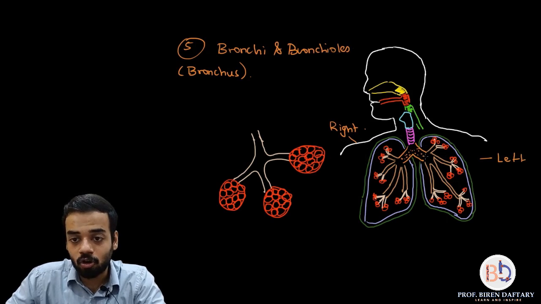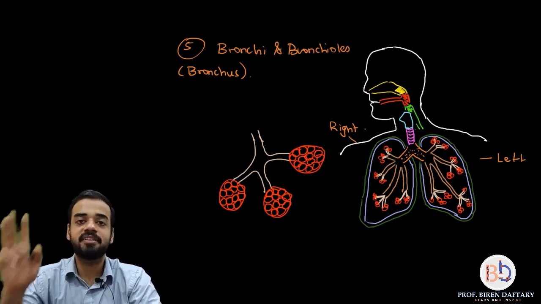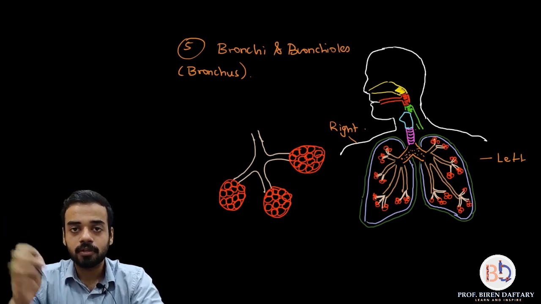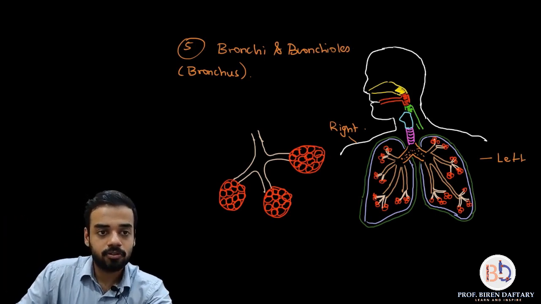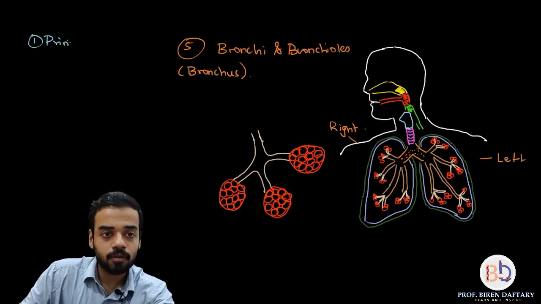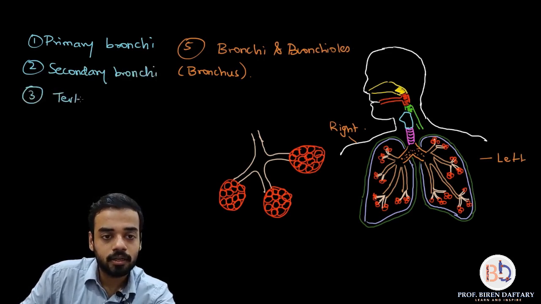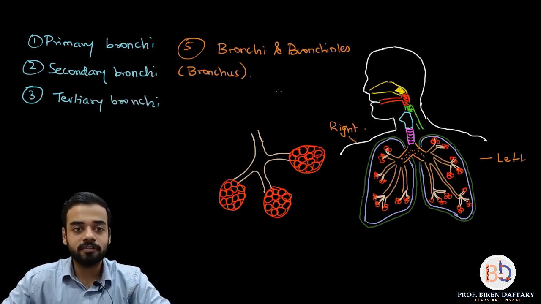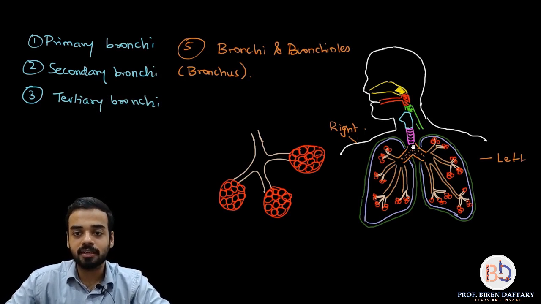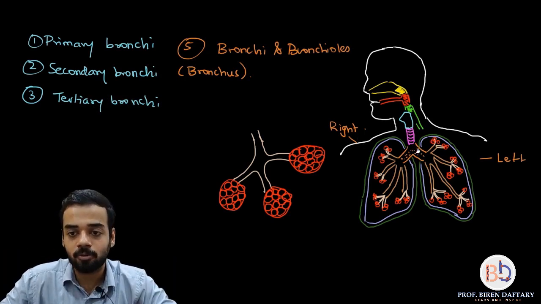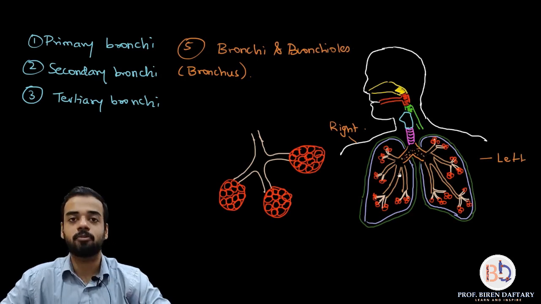So this orange part. Now bronchi are basically of three types. I'm just going to tell you, there is something called primary bronchi. Let me write down over here. Then there are secondary bronchi. Then there are tertiary bronchi. Now this is very easy to remember. The primary bronchi are these bronchi. The trachea divides into two parts which are called primary bronchi. This is the left primary bronchus, this is the right primary bronchus.